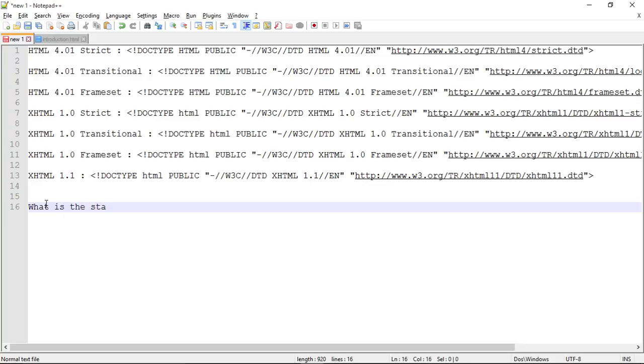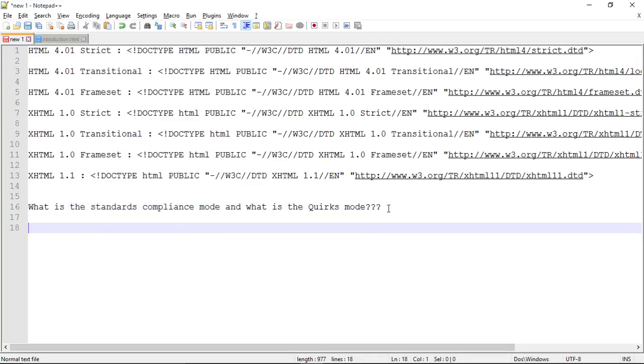Let me just type that down. Standards compliance mode. What is the Quirks mode? Well, what you need to know is Quirks mode enables your browser to behave as an